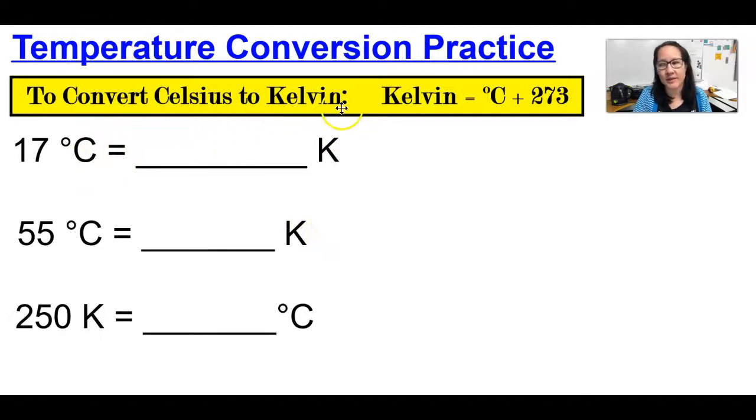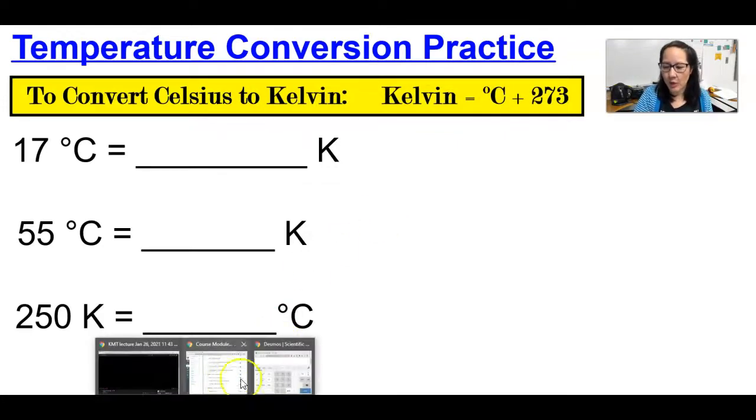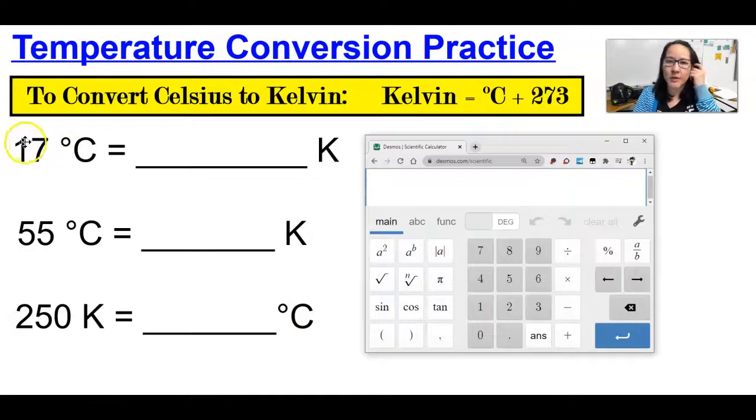To convert Celsius to Kelvin, we have this equation. Kelvin is equal to your temperature in Celsius plus 273 added to it. So if we look at the first one, 17 degrees Celsius is how many Kelvin? I'll take 17 degrees Celsius, I will add 273, and then I'll have my temperature in Kelvin, which this one